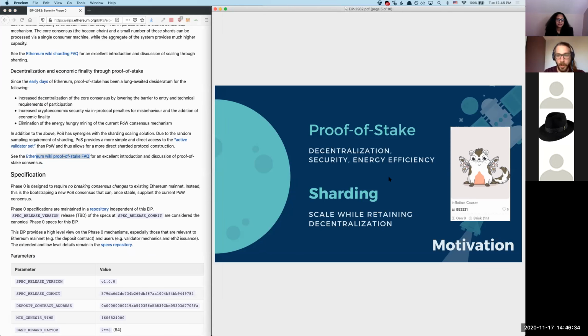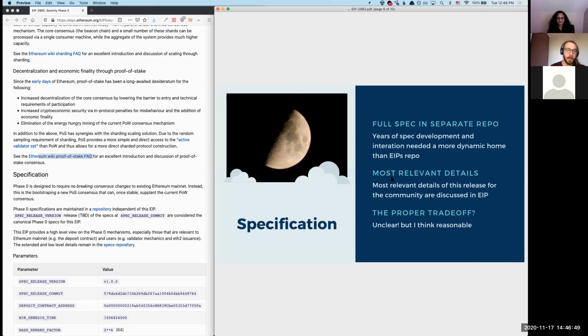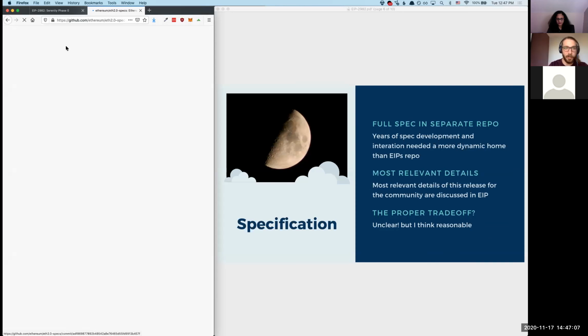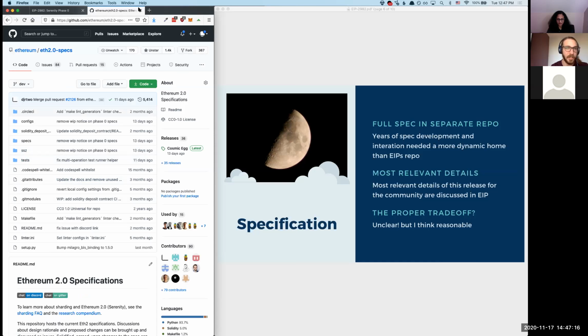Cool. Moving on, we get into the specification section. And this actually ended up being a controversial component of this EIP. EIP editors consider EIPs to be homes for specs. But what we've been doing for multiple years now is developing ETH2 specifications in an independent repo, in the ETH2 specs repo. It's like my home. I live in this repo. I spend a lot of time here, but we have specifications for Phase 0, subsequent phases, and integrations and cool stuff.